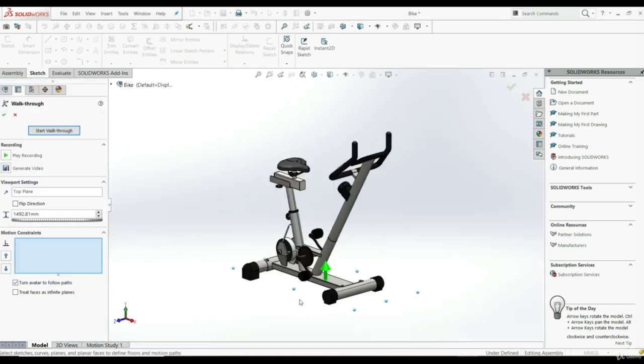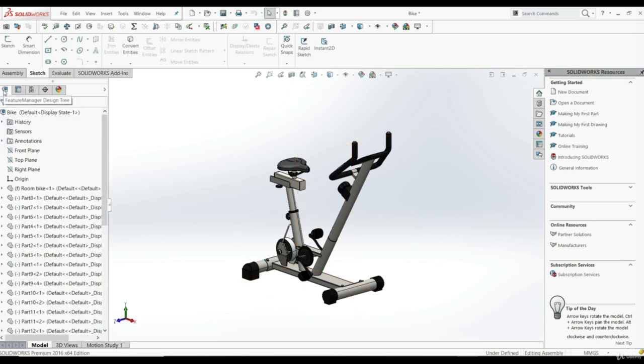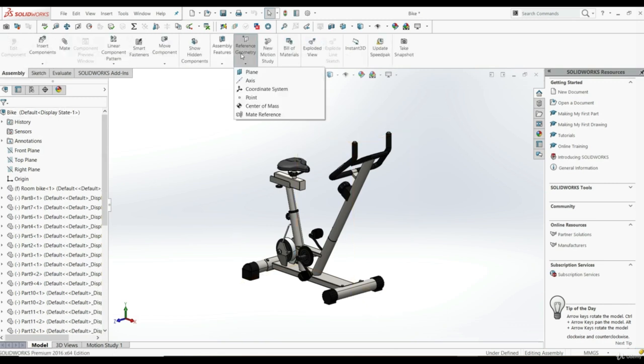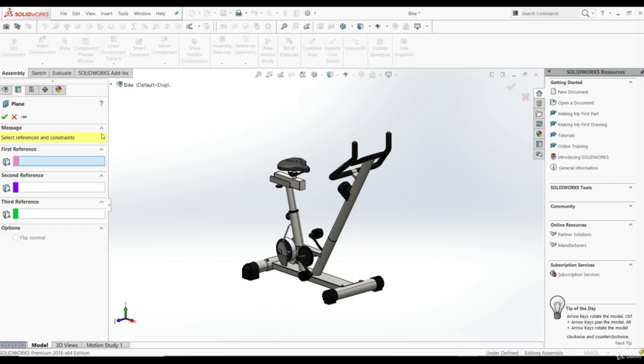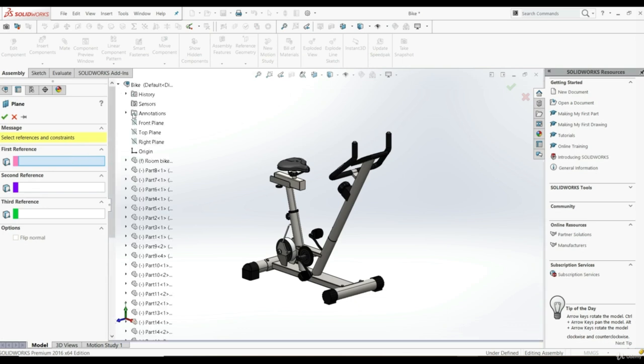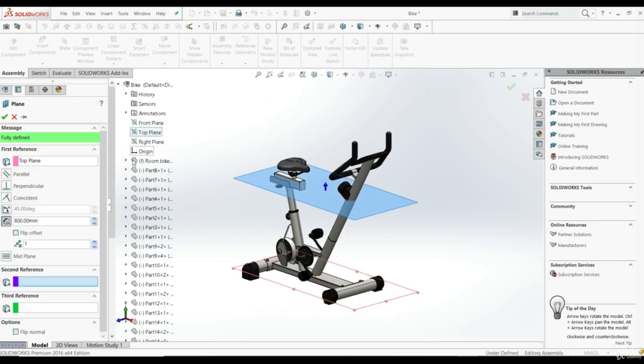Let's exit, and now let's create a path. Now you can see here we are at the property manager. Now let's exit here and let's go to the feature manager design tree. So first we're going to create a new plane. So let's go to assembly, reference geometry, plane. For the first reference we're going to choose top plane like this, and let's go with 500 millimeters like this,